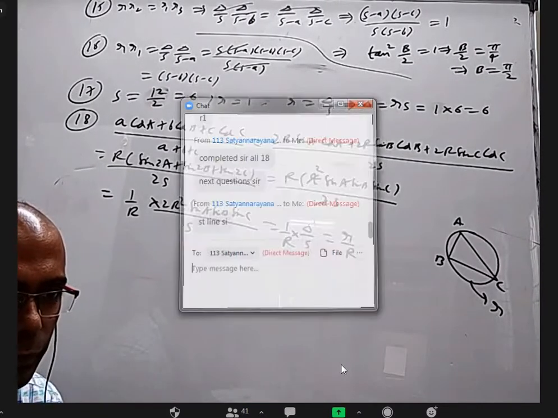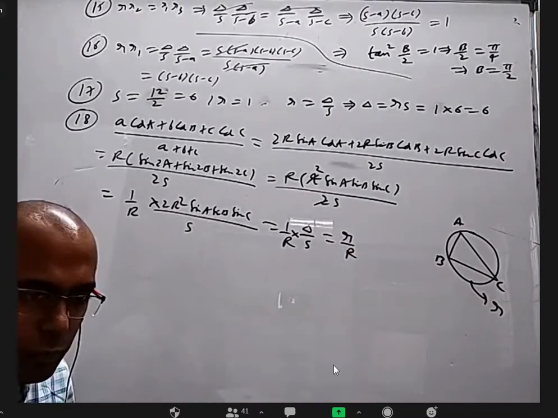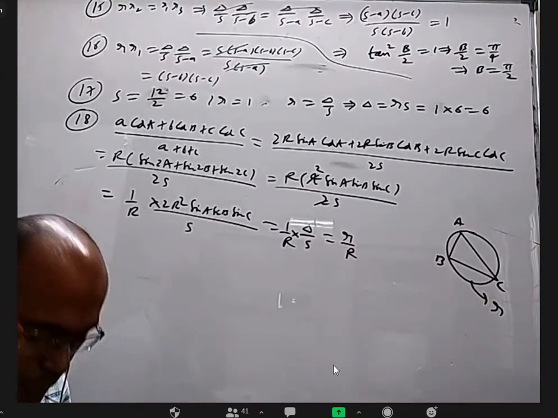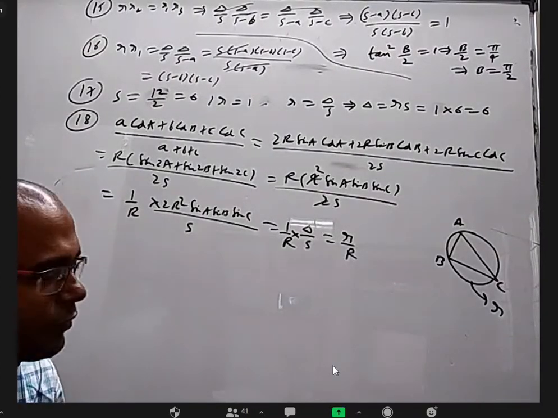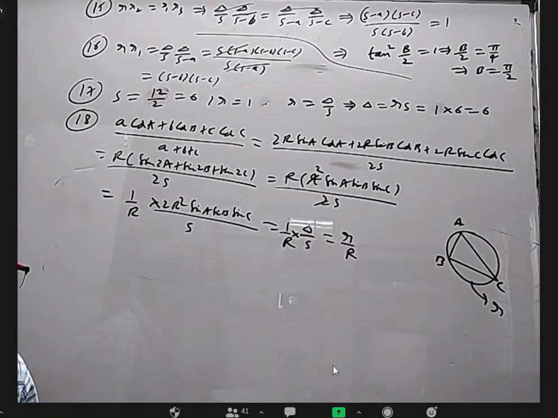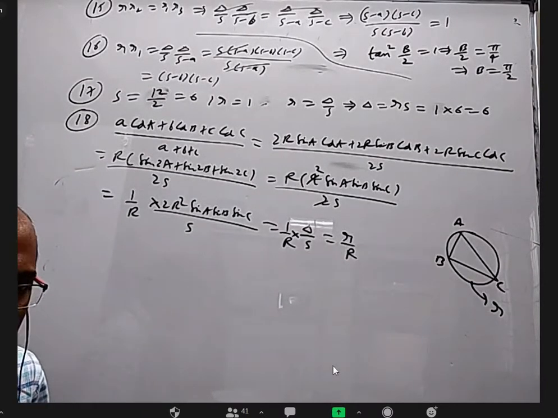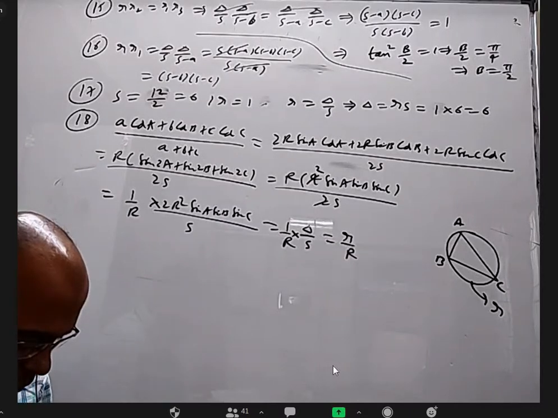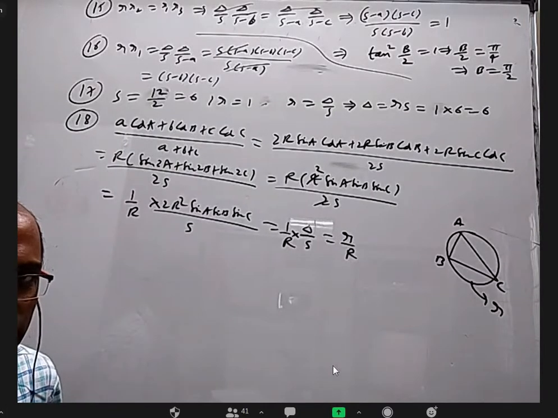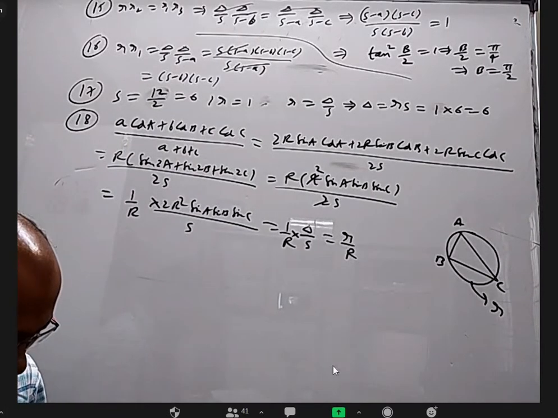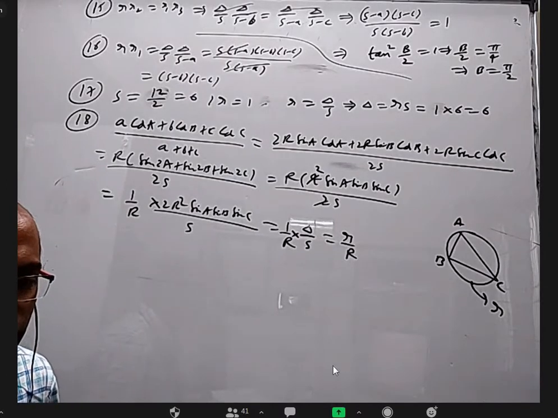Sir, can you give some more examples? I gave example of equilateral triangle and right angle triangle. I gave example of obtuse angle triangle where orthocenter will be outside, right? For acute angle triangle, it will be definitely inside. I think if you think of some isosceles triangles, you may get some idea.